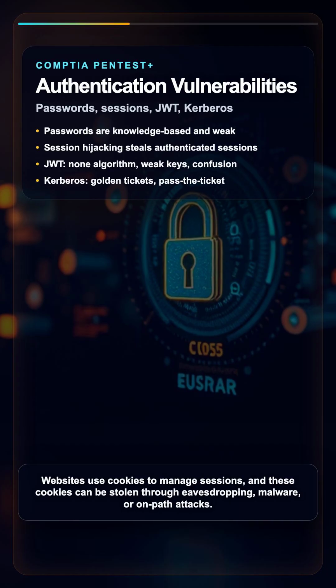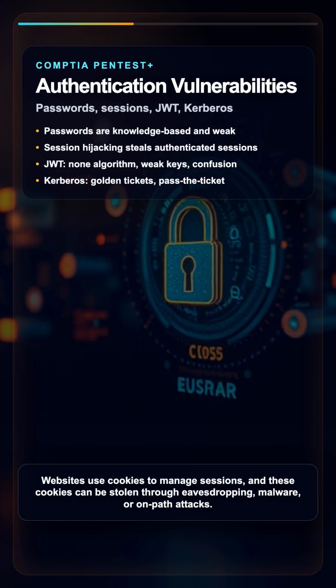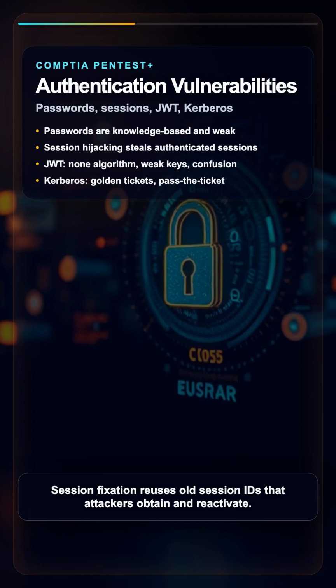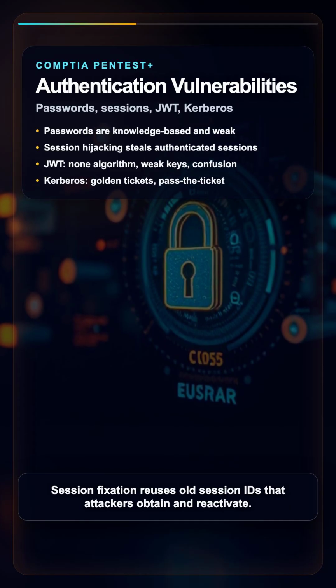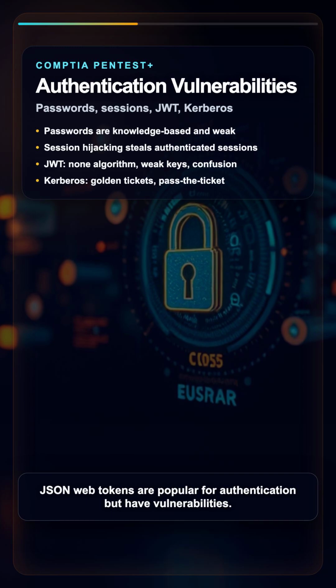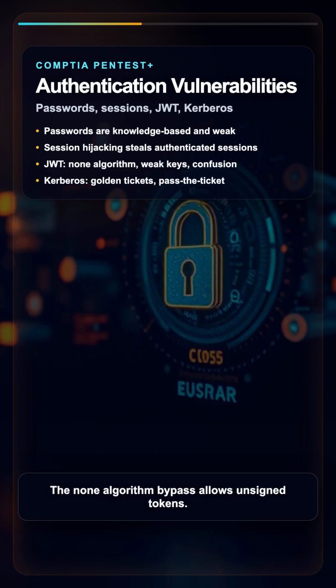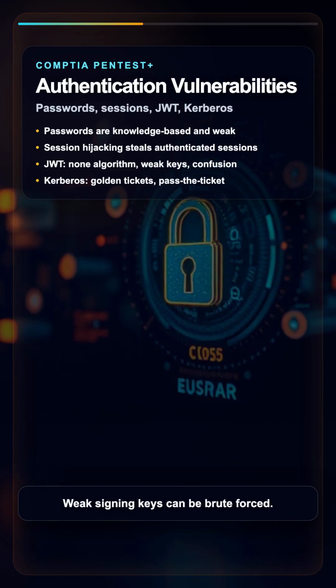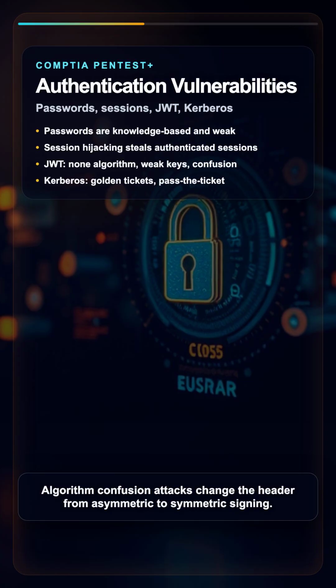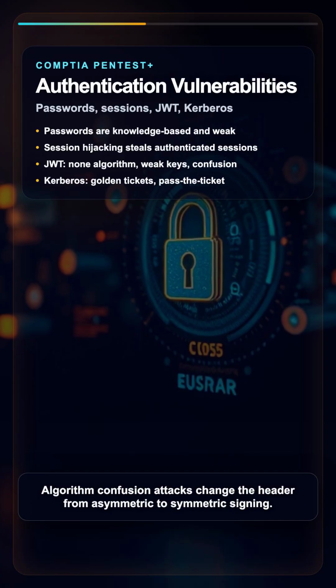Websites use cookies to manage sessions, and these cookies can be stolen through eavesdropping, malware, or on-path attacks. Session fixation reuses old session IDs that attackers obtain and reactivate. JSON web tokens are popular for authentication but have vulnerabilities. The none algorithm bypass allows unsigned tokens. Weak signing keys can be brute forced. Algorithm confusion attacks change the header from asymmetric to symmetric signing, and expired tokens may be reused if the application